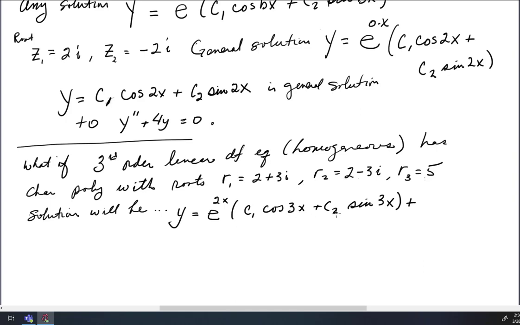They've both been used here, plus e to the 5x, and we're done. Well,